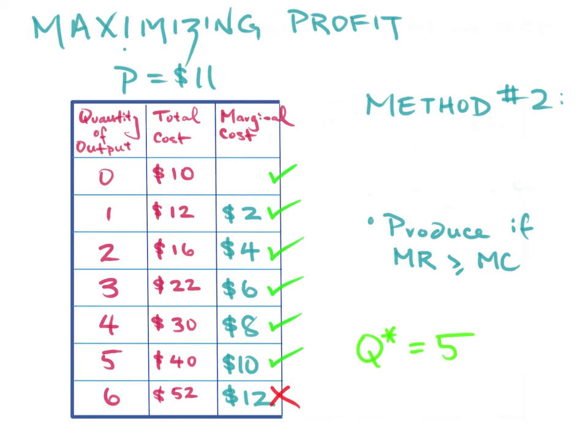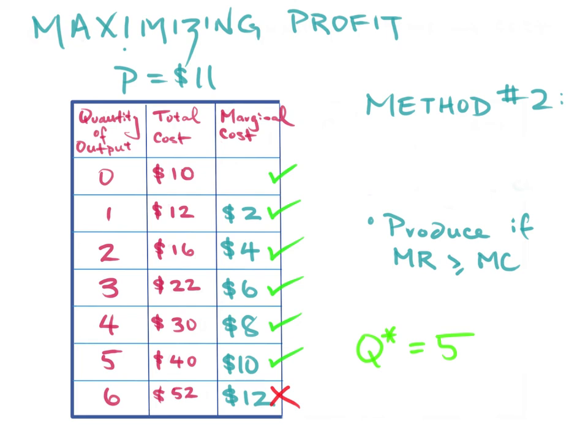And the firm goes down this list deciding which widgets are profitable to produce. The last one that's profitable is the fifth widget. The fifth widget brought in $11 of revenue. It added $10 to the costs, so it was profitable, but not the sixth widget. The sixth widget would add $12 to costs and bring in only $11 of revenue, so the firm would not want to produce that. In order to maximize profits, this firm should produce the first 5 widgets and then stop. In other words, the profit maximizing quantity is 5.